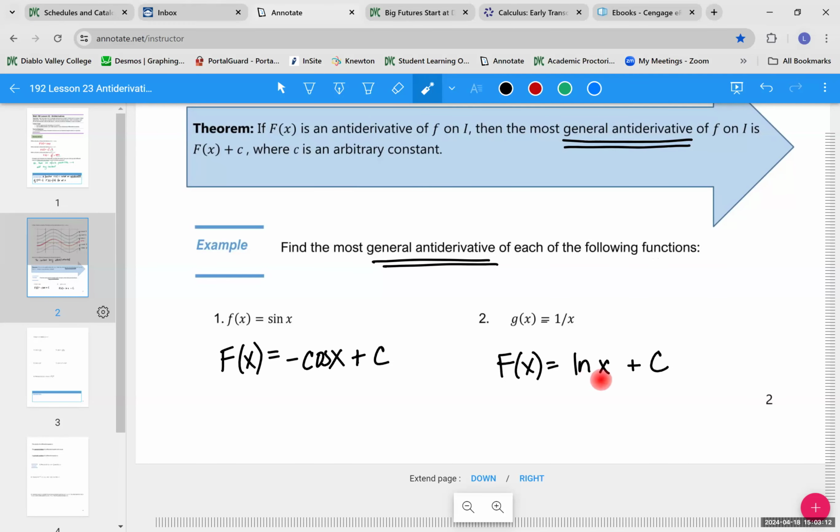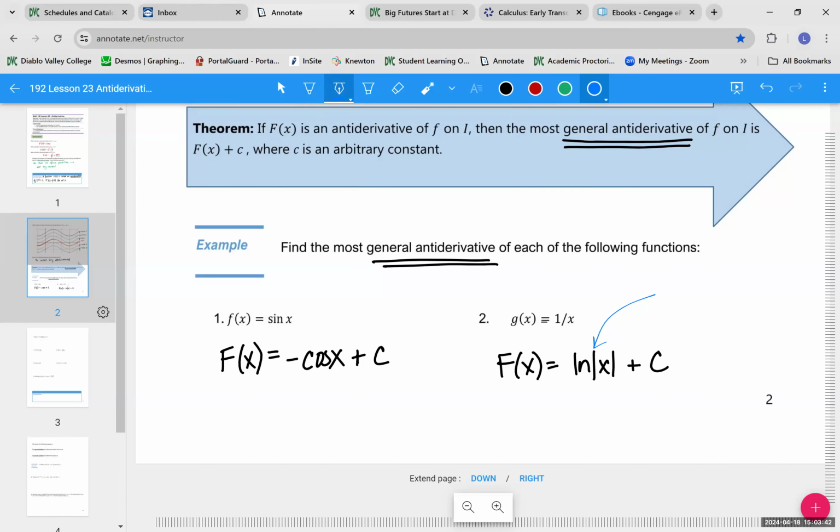But what about ln of x? What can I plug into that function? That's anything bigger than 0. I can plug negatives into little g of x here, but I cannot plug negatives into this f of x antiderivative that we found. So when we do the antiderivative of 1 over x, we add absolute values to the x inside the ln. And the reason for that,